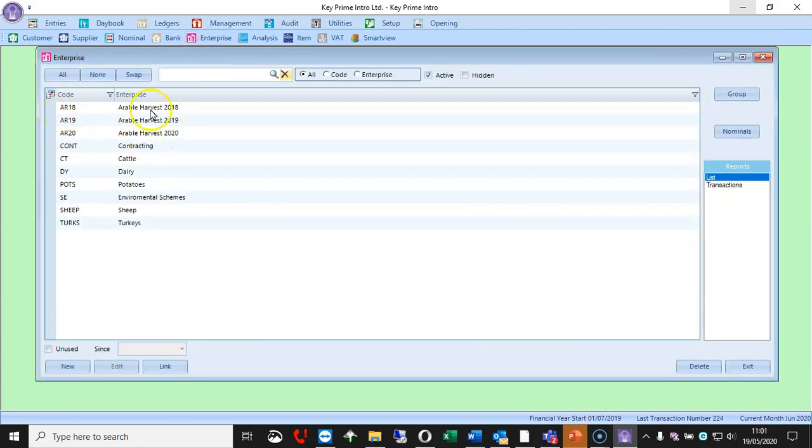So here we've got arable and the harvest years, because although you drill seed in an autumn or spring, you'll harvest it in the summer, but you might sell it that autumn or even the following year, and you need to track how well that crop did. So use of enterprises is very good.